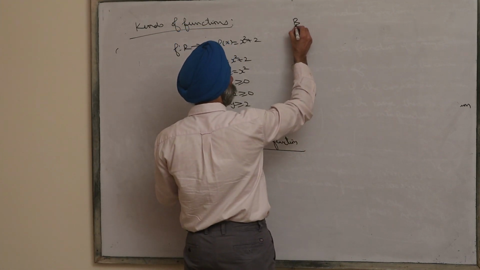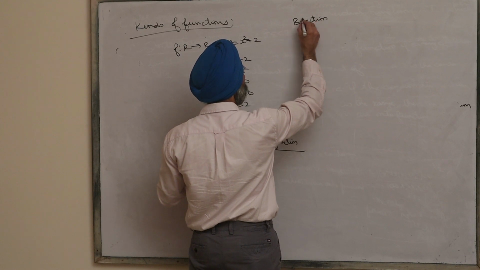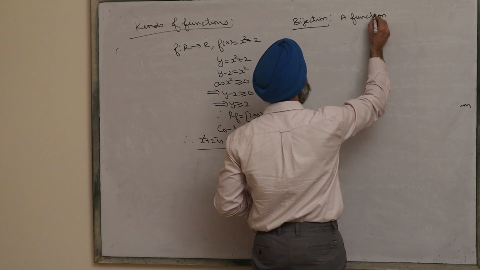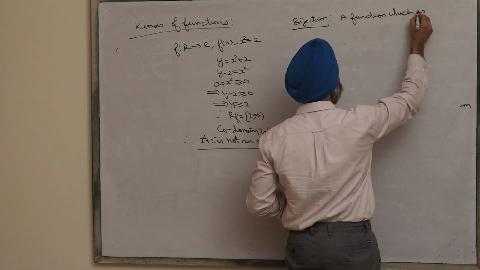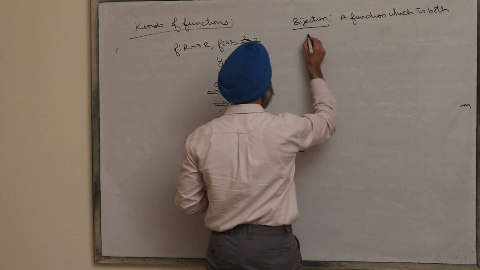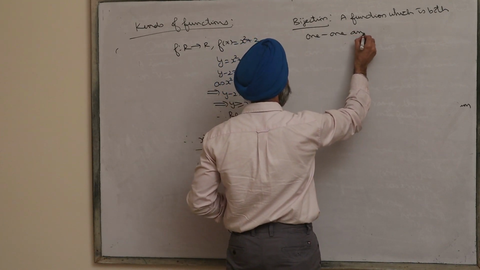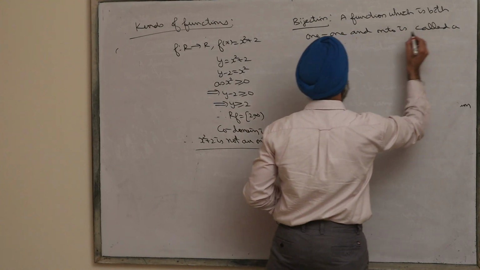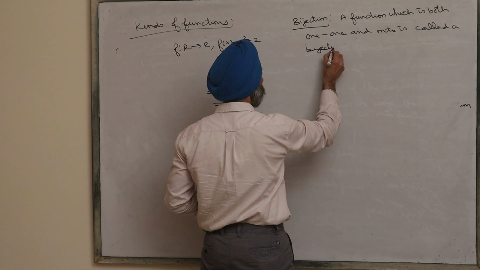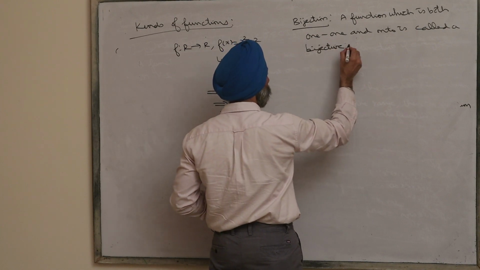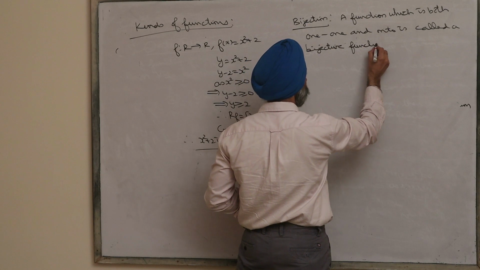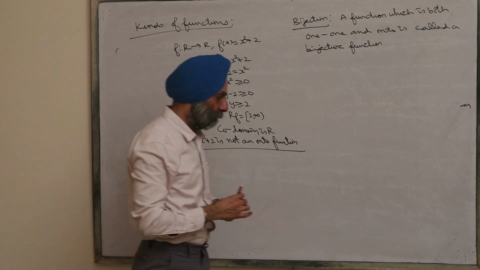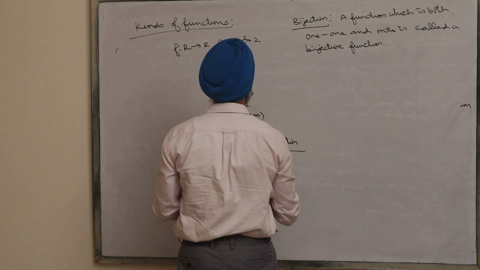Next is bijection. Now a function which is both 1-1 and onto is called a bijective function. That is, a function which is both 1-1 and onto is called a bijective function. Now for example,